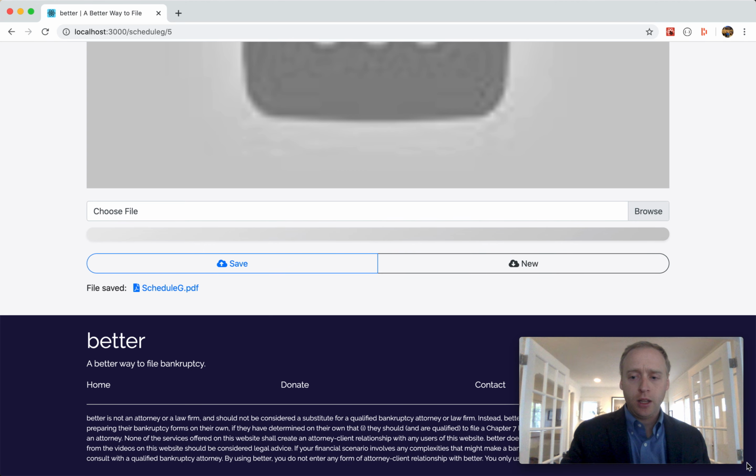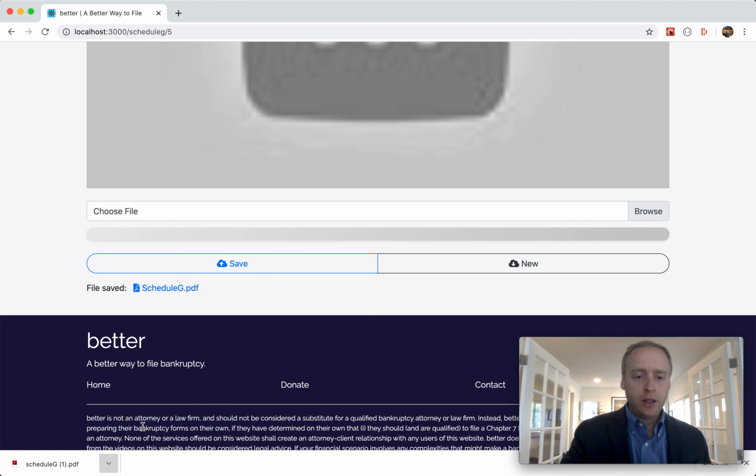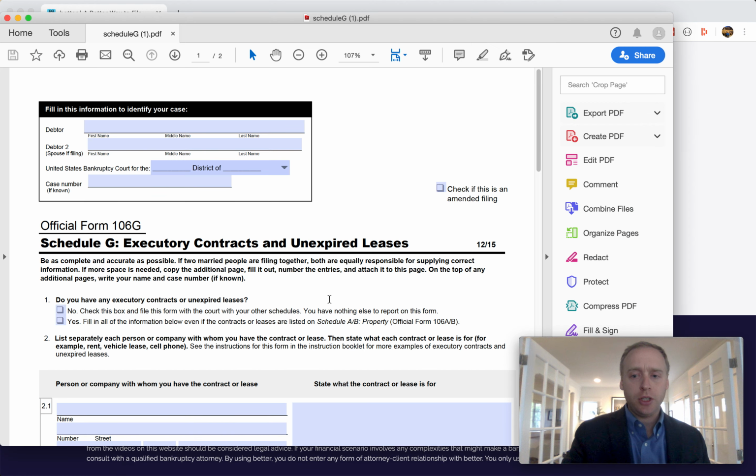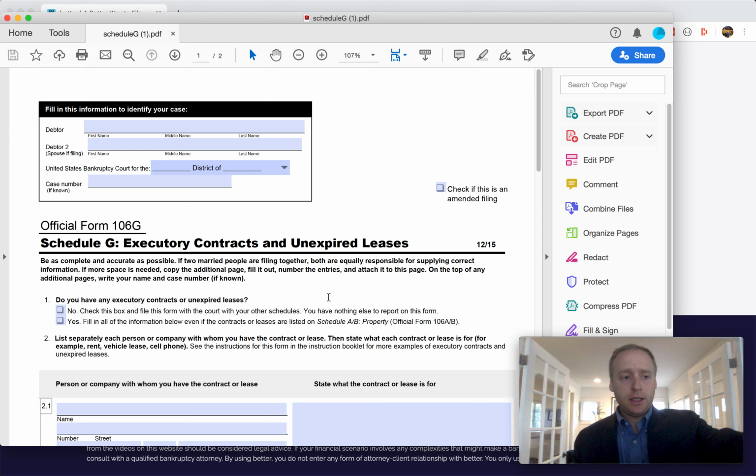And let's see, I'll do that again. Go ahead and open it. And let's look at how she works on filling this schedule out. Now again, this is another form where Ashley's got a really simple case, and she doesn't have a whole lot of complexity for this form, like a lot of her other forms.